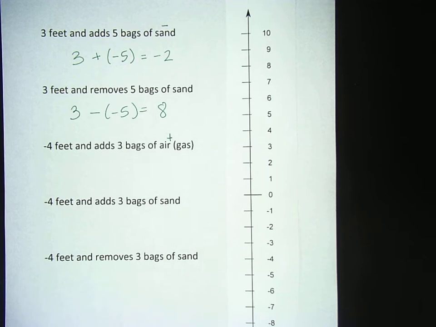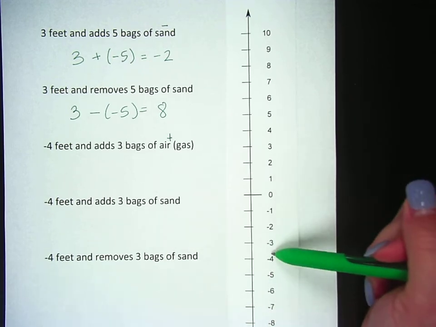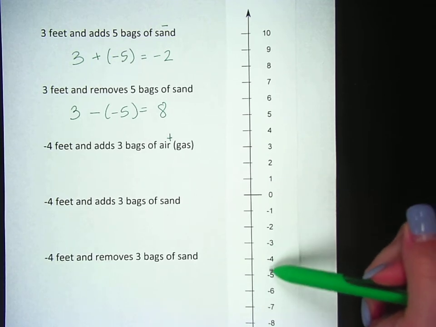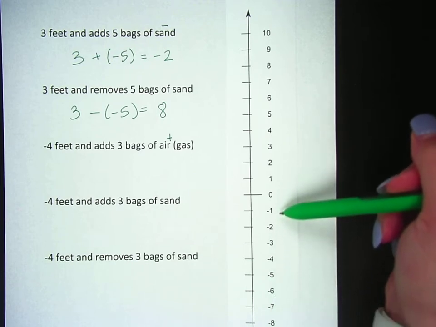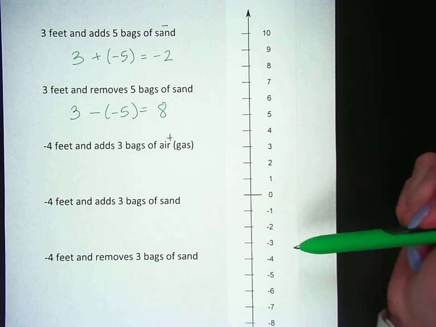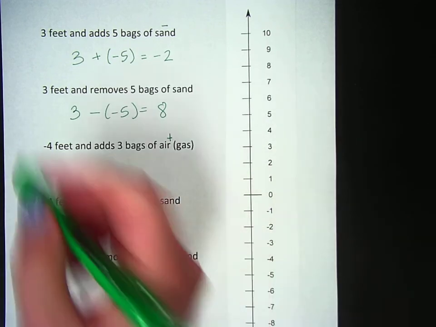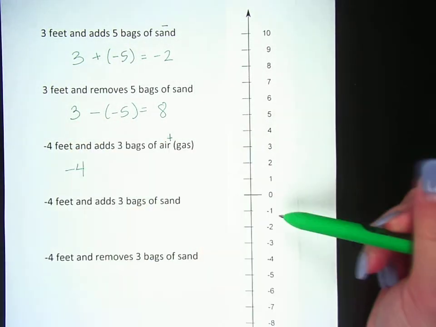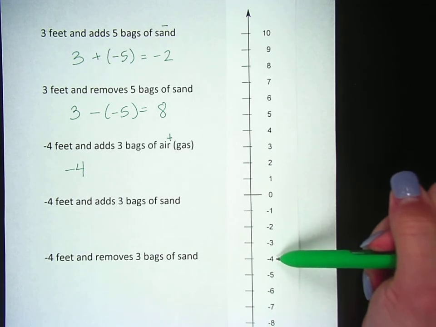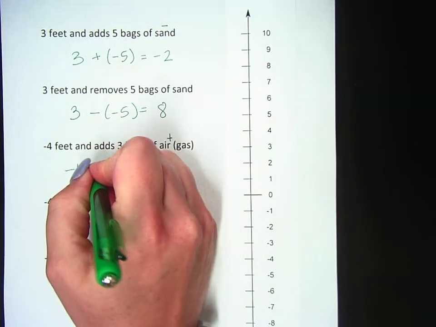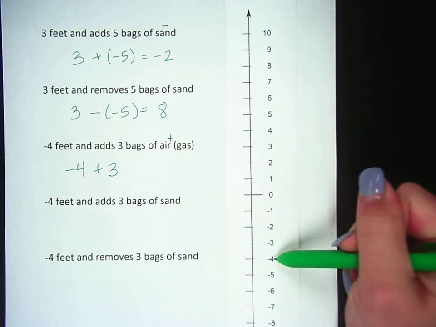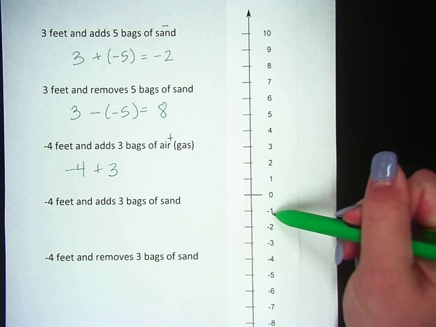Okay. So here's where it starts to get really tricky, is if I'm already in the negatives, again, just come back to that thinking. If it's supposed to be adding a negative, I keep going down. But if I take away a negative, that's the same as it bringing up, like adding positive air to my balloon. Okay. So if I'm at -4, you will have this number line in your notes to use too. Okay. So if I'm at -4 and I add 3 bags of air, adding air would move him up, and I would get to